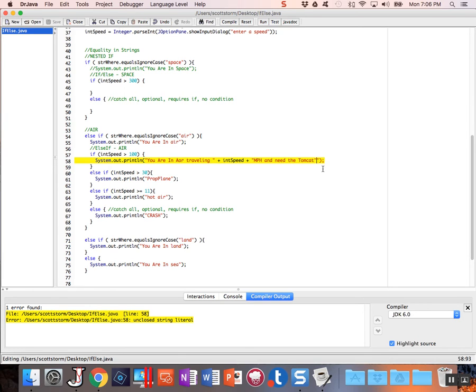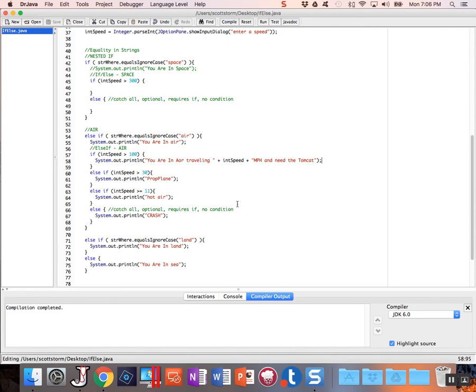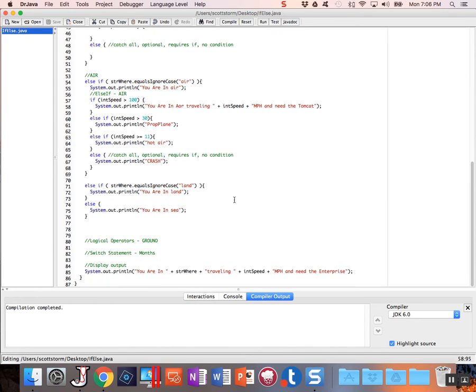I must have done something wrong. Ah, yes, there's part of our errors for making a mistake. We'll compile that. So copying and pasting, while it is good, if you have to do it 16, 23 times, it can be bad as well. So we want to find a better way. This is our better way. No matter where we're traveling or how fast we're going, we're going to get this basic output message. So now if I compile, and we're just going to use space right now,